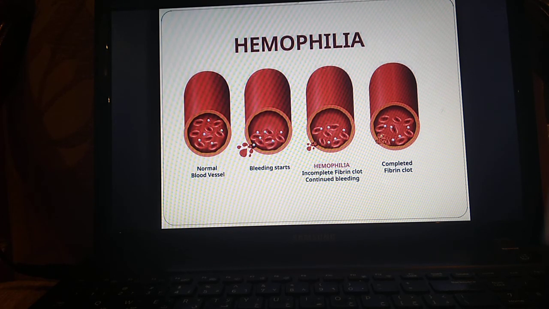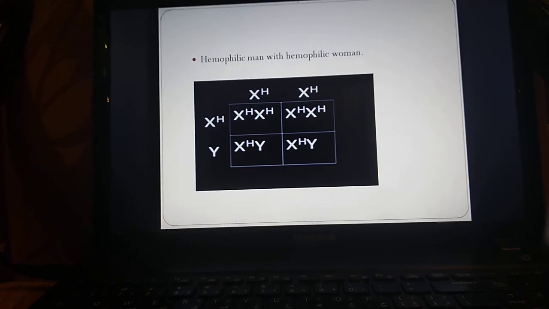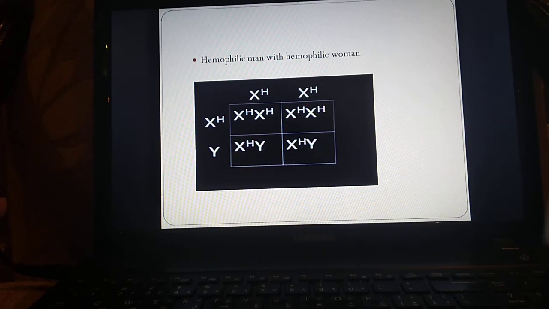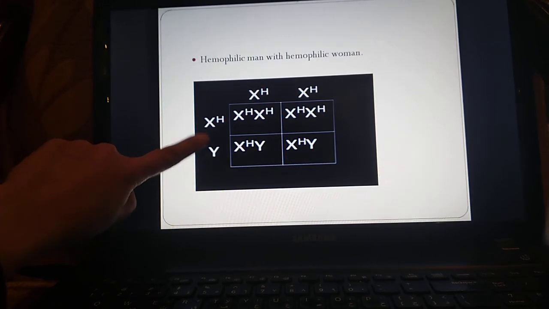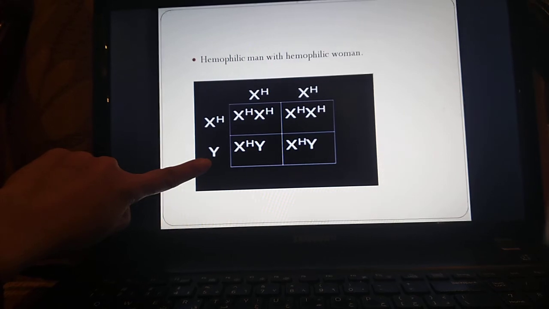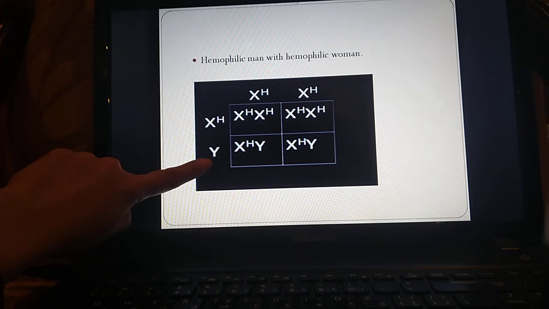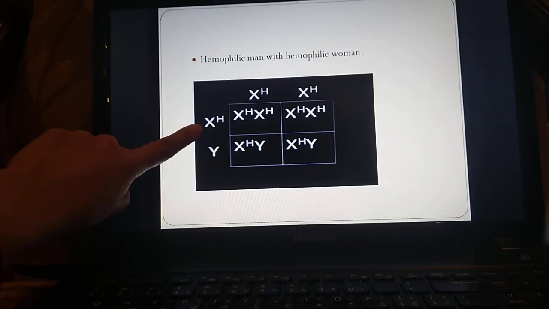Hemophilia is a disease which is also carried on the XY chromosomes. Let's see how. Since hemophilia starts with the letter H, we will use the letter H and we will put it on the X chromosome. A hemophilic man. The hemophilic man is XY, and since he's hemophilic, so he has the disease. So it is carried on the X chromosome. Remember, the Y chromosome is too short to carry it. ما بيحمل هذا الجين, ما بيحمل هذا الأليل. So the father